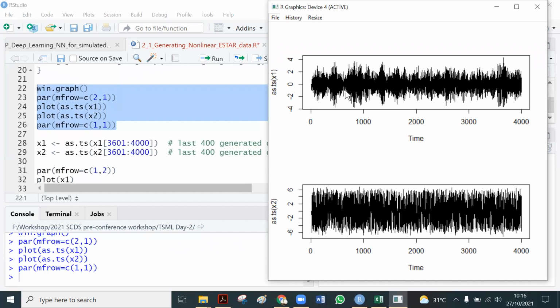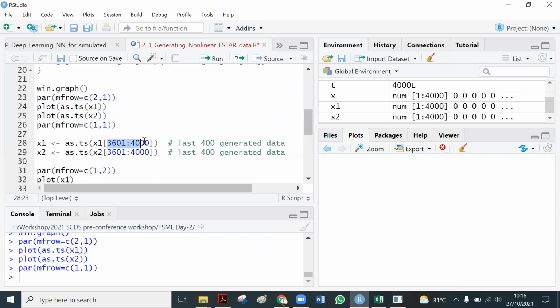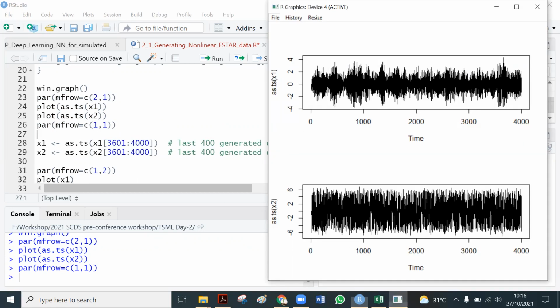And when it is far from the early generated period, the data become more and more random. So now we only use the data starting from 3,601. It means we only use the last 400 data, right?